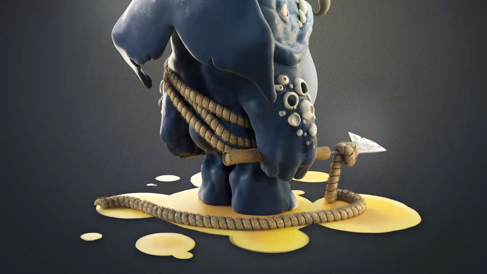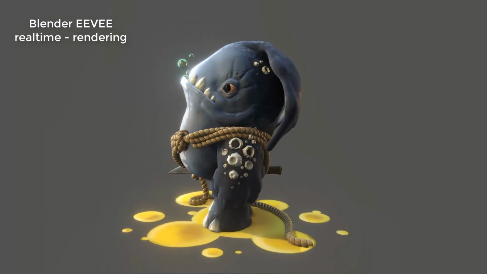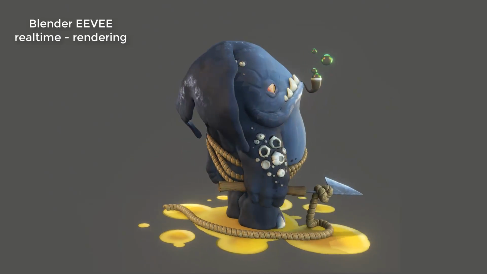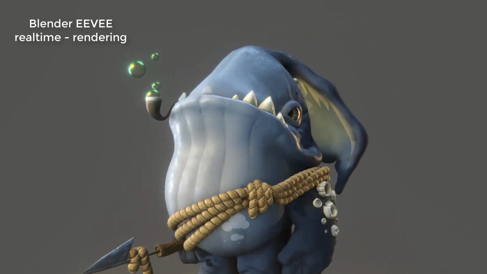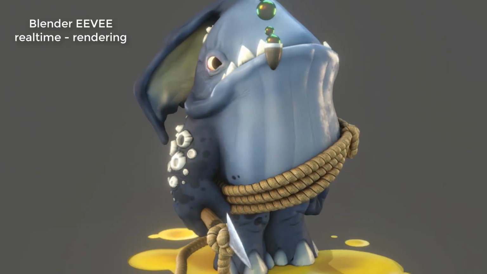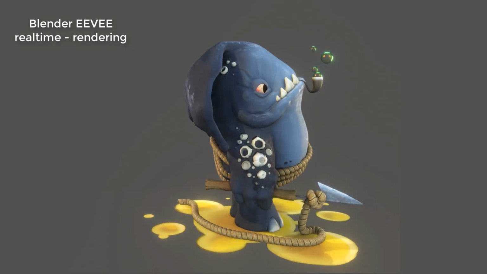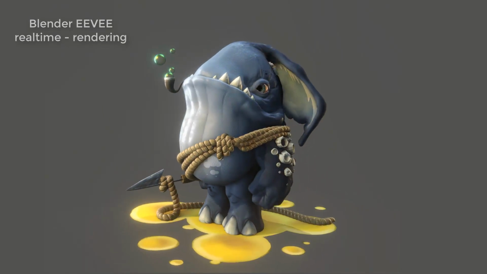In this first video I will cover the main steps to create this creature and show you how I have exported it to Cycles rendering but also Eevee. It was just a test, I didn't go really in depth into it, but the result is pretty nice, and you can also check the model on Sketchfab.